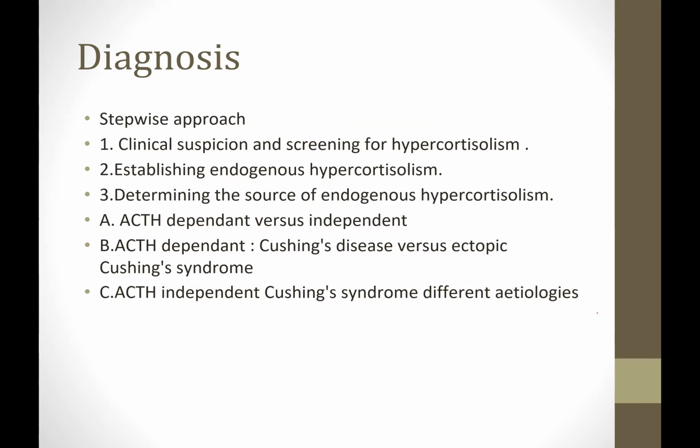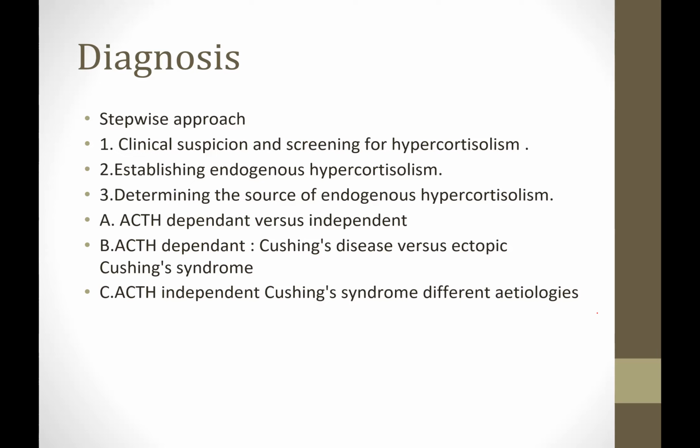And second thing is establishing the endogenous hypercortisolism. Third is determining the source of endogenous hypercortisolism, that is ACTH dependent versus independent Cushing's syndrome. Followed by that, in the ACTH dependent, we have to differentiate Cushing disease versus ectopic Cushing's syndrome, and in ACTH independent Cushing's syndrome, different etiologies. Very correct. Now, the first and foremost thing that we have to demonstrate is, when we have a clinical suspicion